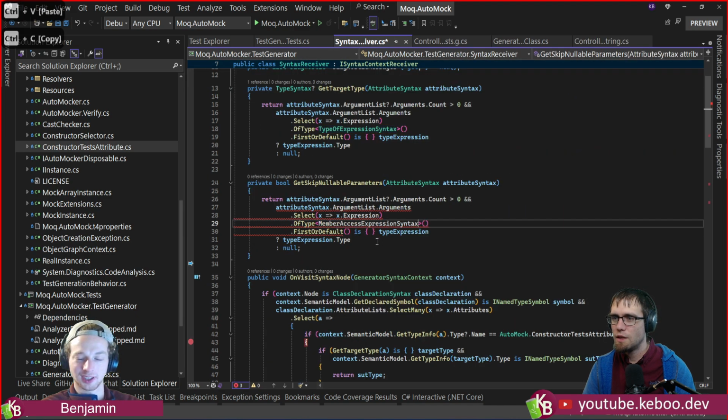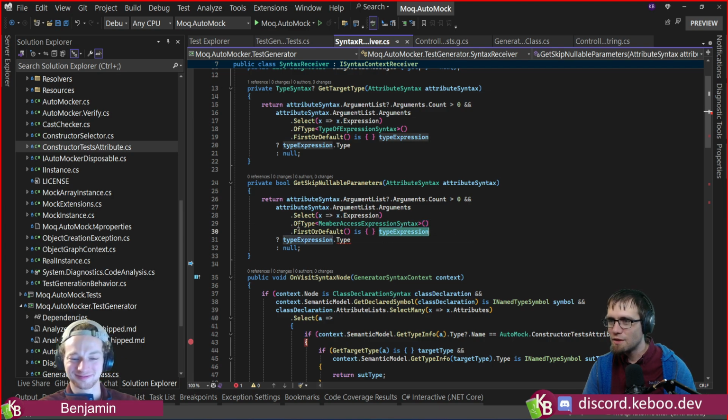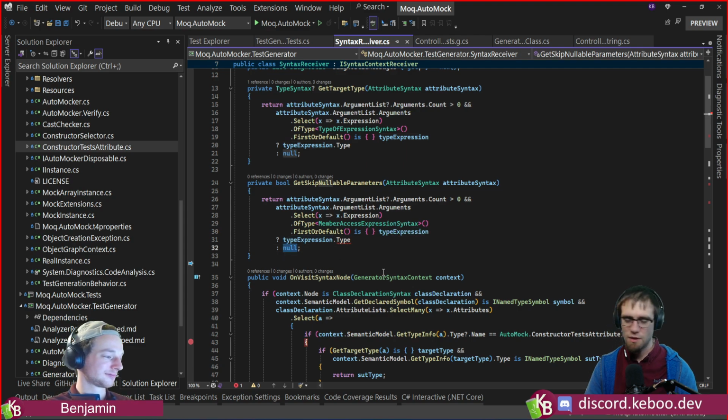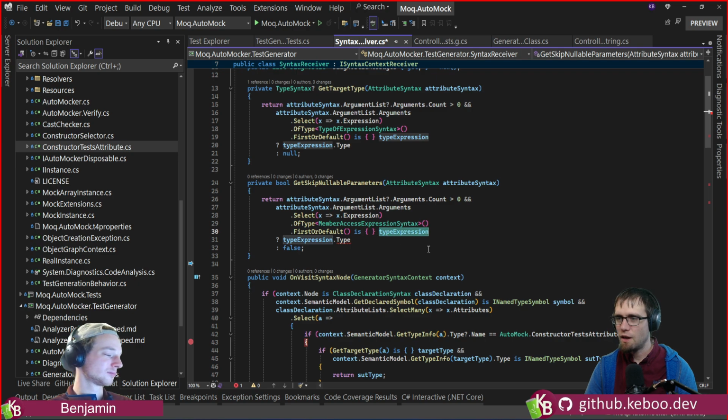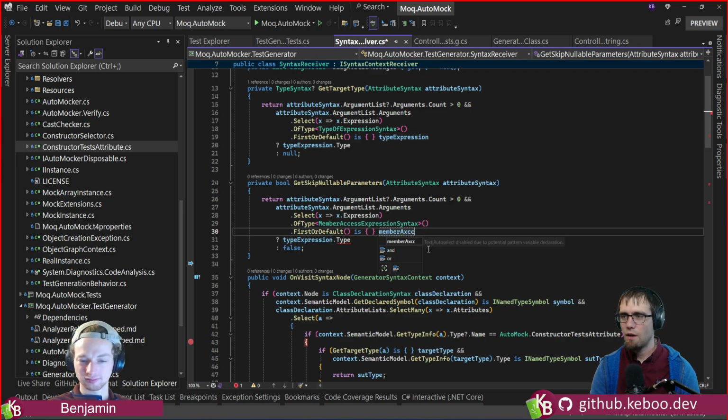I'm surprised they had a parameter literally called green. Yeah. And so this guy here, member access expression, first or default. And so in this case, our else case is going to be false. And in this case, let's see, member access expression,